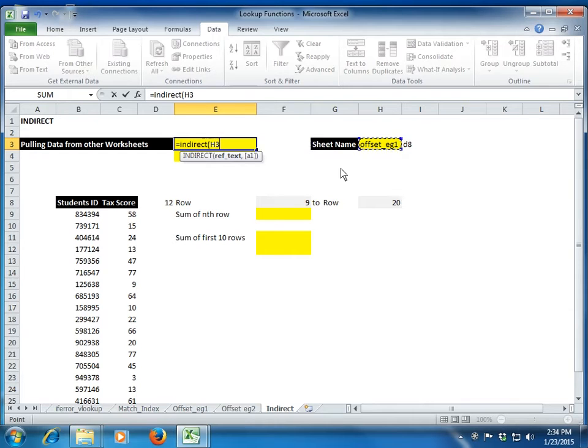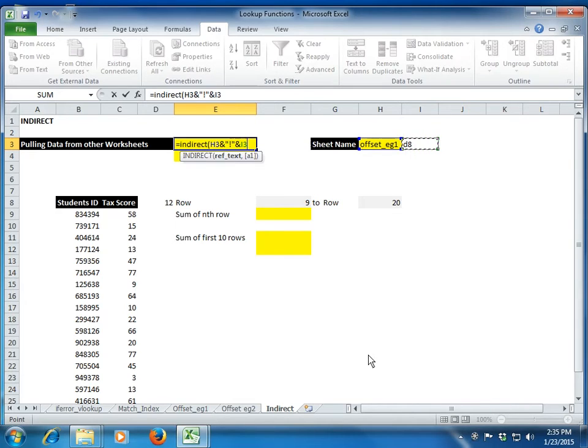the sheet name. In Excel, as we explored previously, if you want to pull a certain cell value from another sheet, you have to add an exclamation mark after the sheet name. So I write it, and within inverted commas I give an exclamation mark, and then I give the cell number. So I am giving a reference to the cell number.